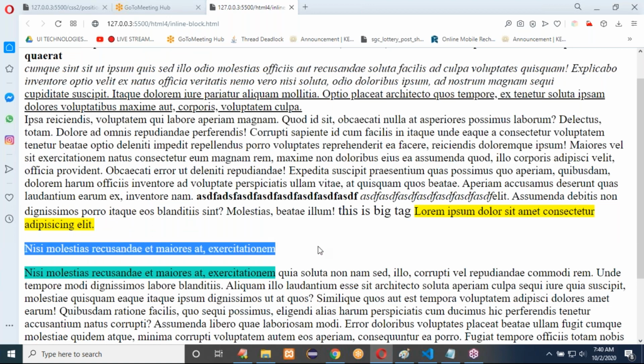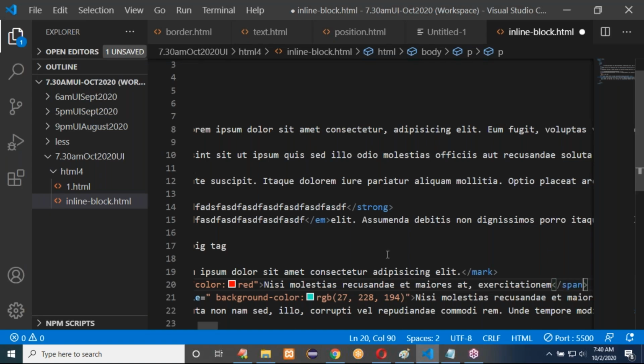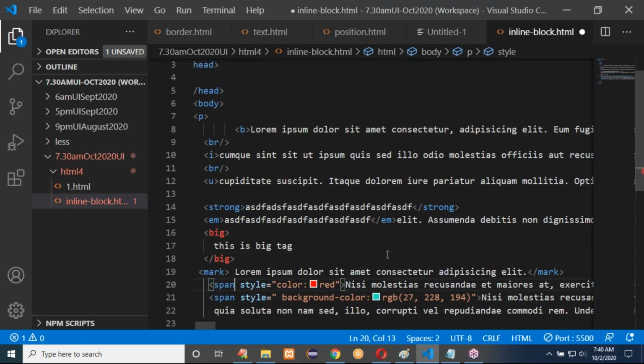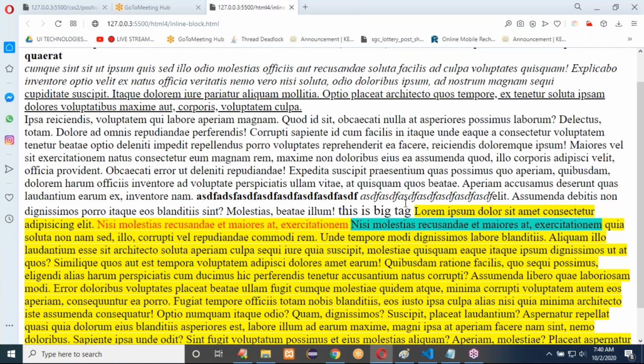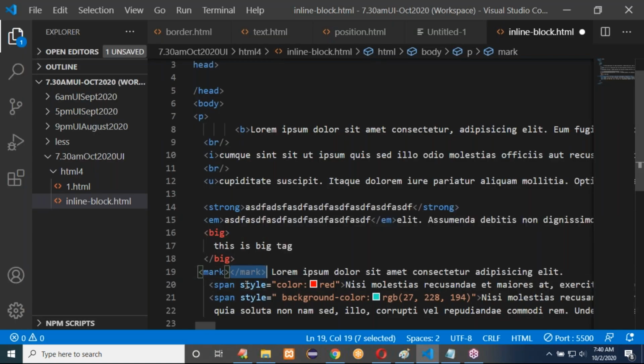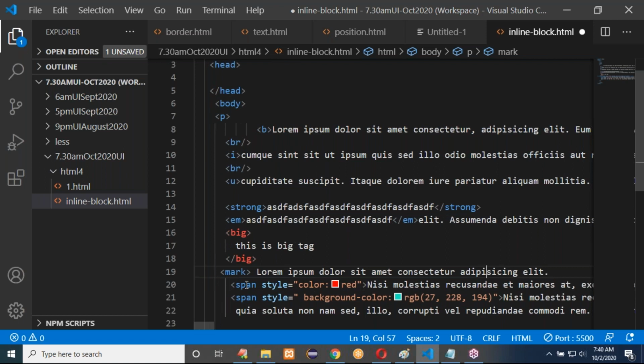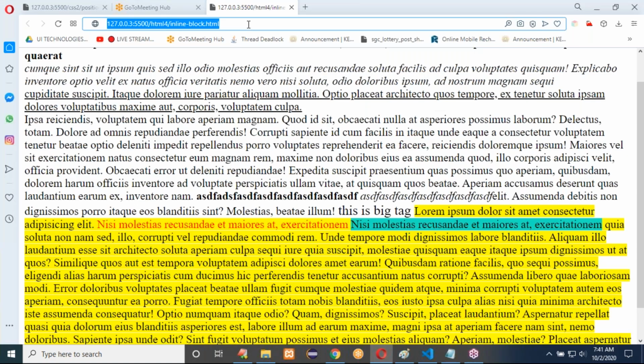See, because of the paragraph tag, it is going to a new line. But if I write the span tag, it is not going to the new line. So that's why we call them inline elements. Wherever I stop the paragraph, until then it will continue. I'll close the mark tag here only. I'm writing the mark tag here. Only the mark tag content will show as marked content.